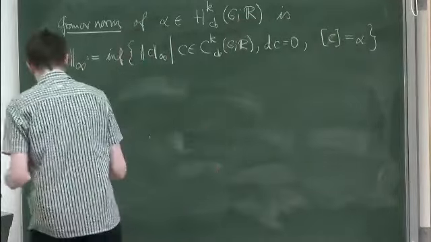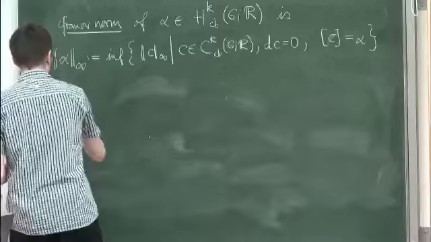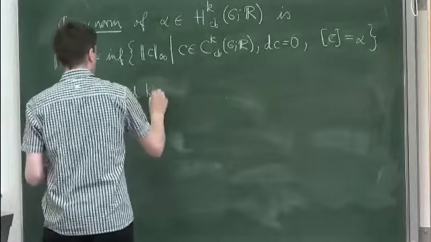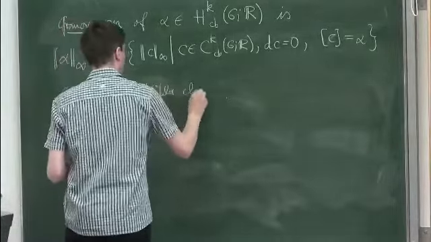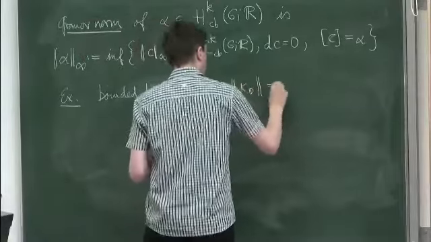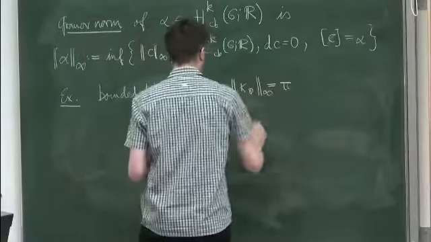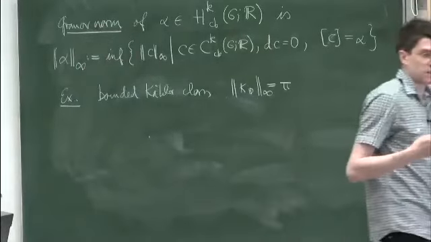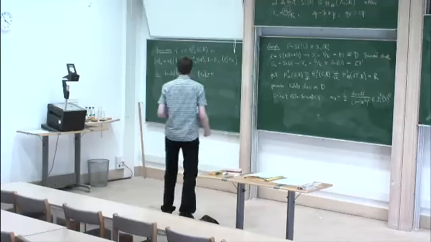And as we've just seen, an example is the bounded scalar class, which has Gromov norm pi, right? And it turns out to be very difficult to compute these Gromov norms,